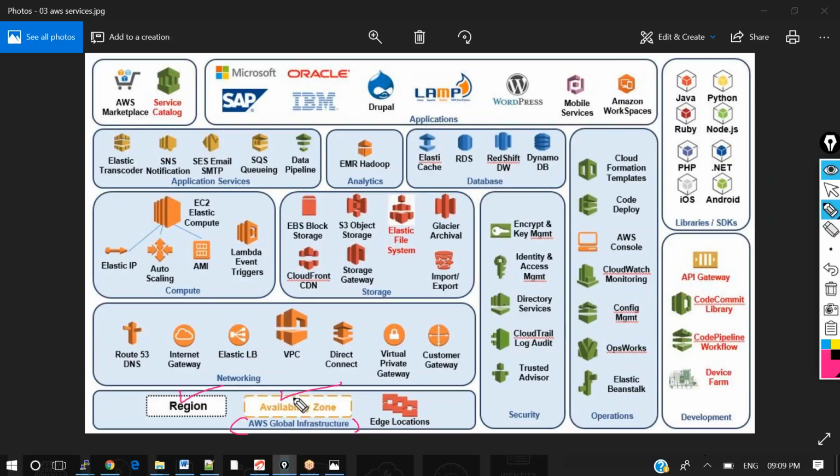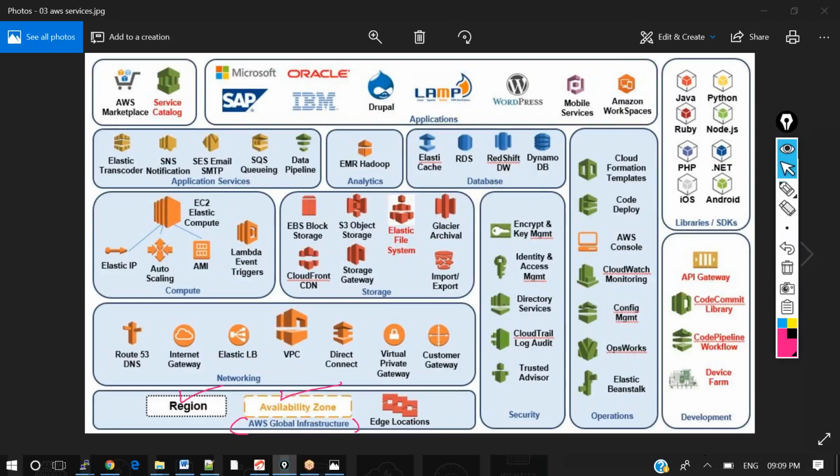Shrikant, can you tell me what the availability zone is which we discussed yesterday? Shrikant? Okay, Dinesh?